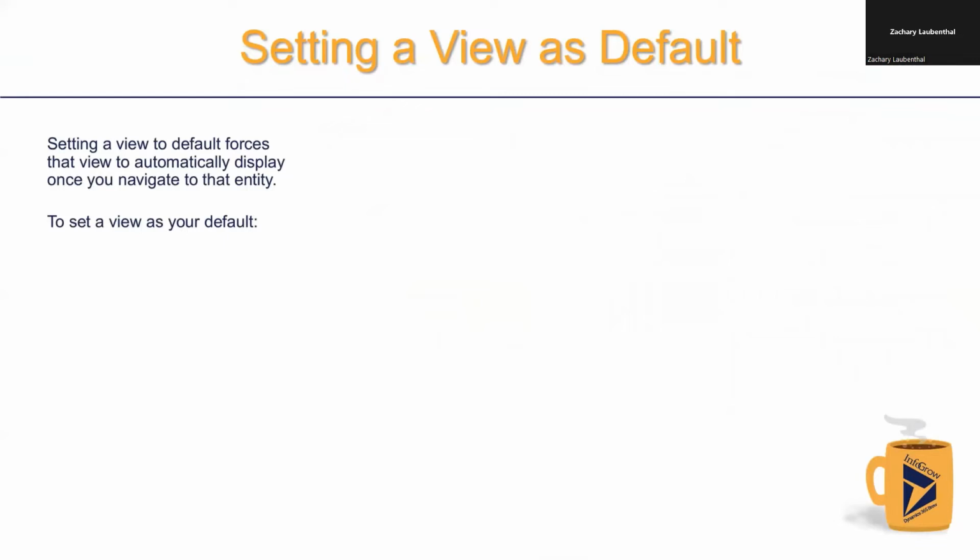It can be a pain having to switch views every time you navigate to an entity if the default view isn't the view that you want to always initially see. Setting a view to default forces that view to automatically display once you navigate to that entity. To set a view as your default,